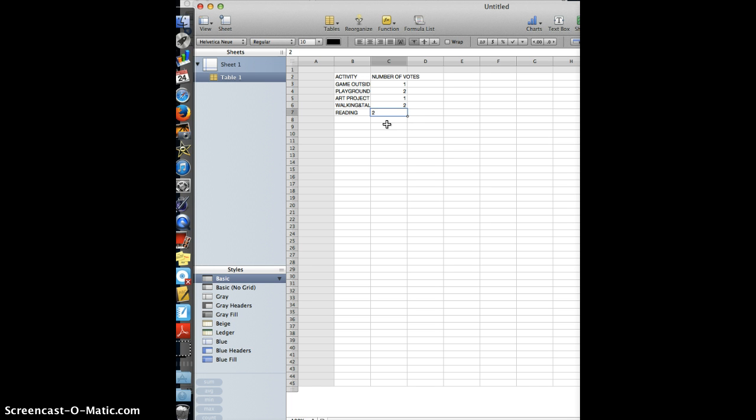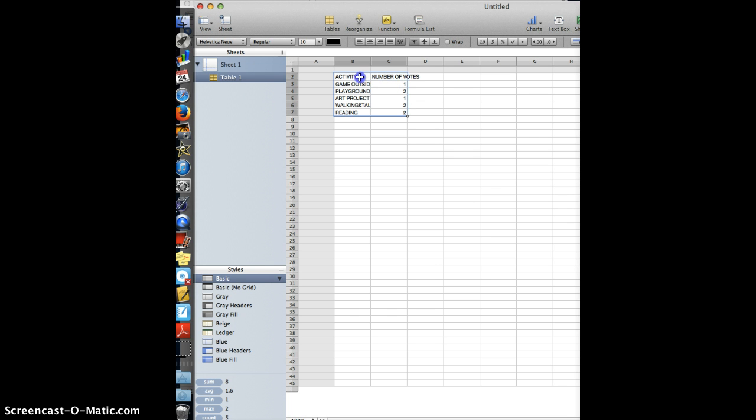And when you're finished with that, click outside the box to tell the computer you're finished with that. And you are ready to make your graph. So here we go. Step 3. Very important step right here. If you don't do this step, the computer won't know what to turn into a graph, so you have to tell it. So what you're going to do is highlight this data that you want the computer to include, and